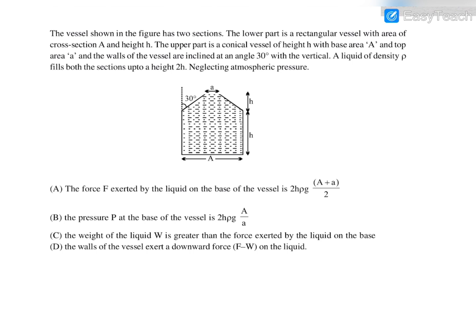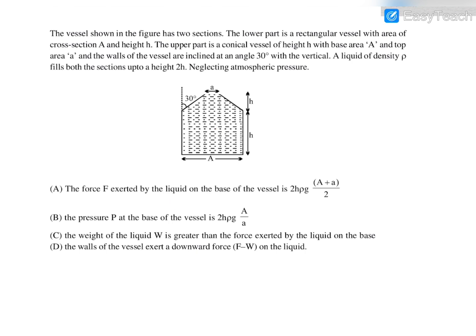Now in this question you can see that there is a bottle shaped beaker whose top cross section area is small a and the lower cross section area is capital A. The height of liquid filled in this beaker is 2h, and the upper part is slightly conical in shape. Now you can see that the density of liquid is given as rho, and we have to